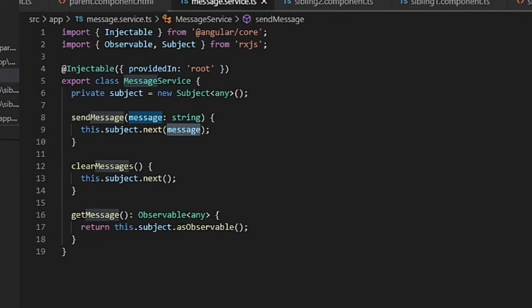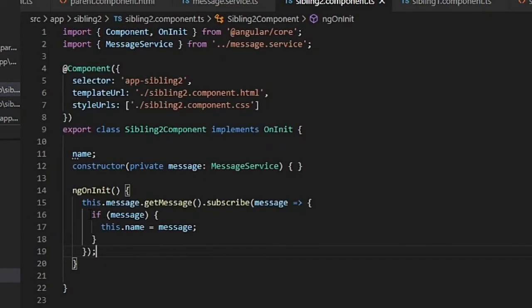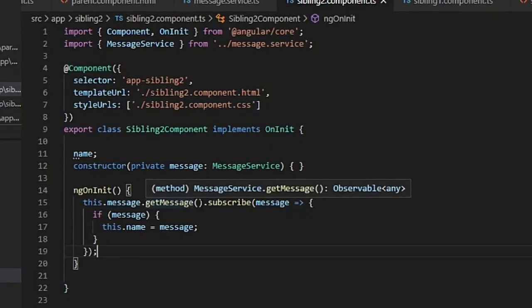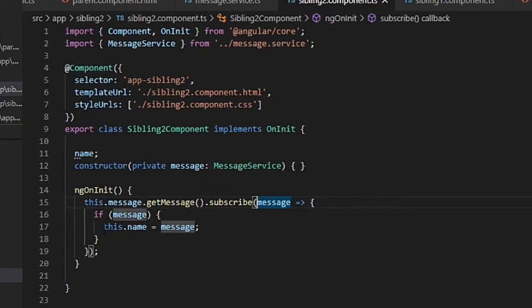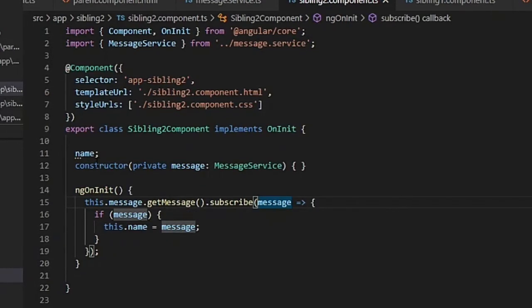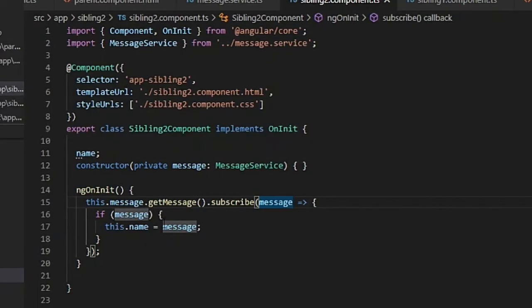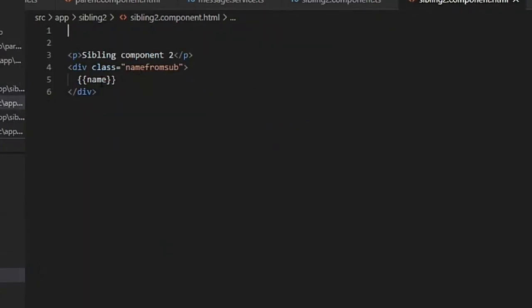So in sibling component 2 we call getMessage of message service and subscribe to it, getting the message and assigning it to the name property. And in sibling component 2.html you can see we are printing the name.